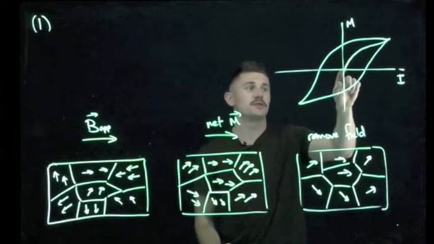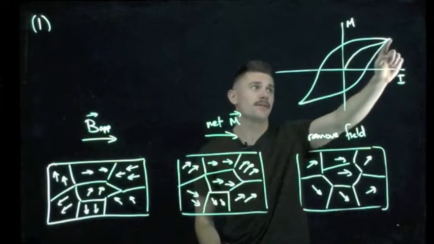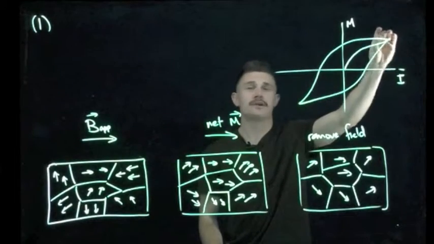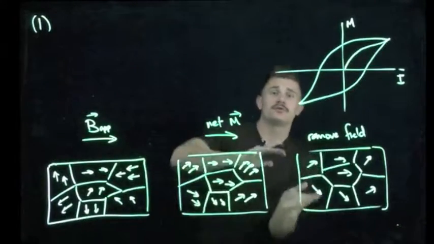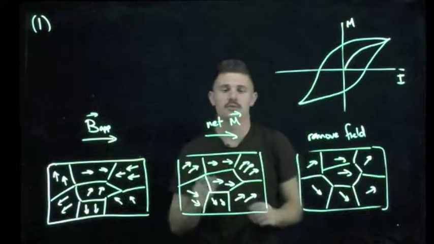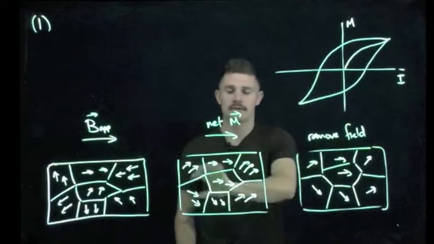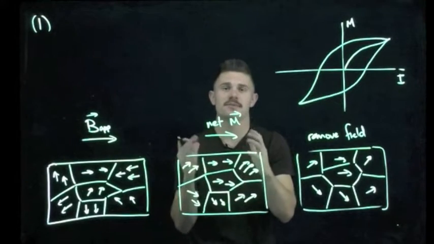We have the initial material at the center, and when we apply the magnetic field, we'll get some sort of magnetization, and at that point we'll have some sort of saturation, and in order to go completely the opposite direction, we have to apply an external field the other way in order to overcome the magnetization that has been stuck